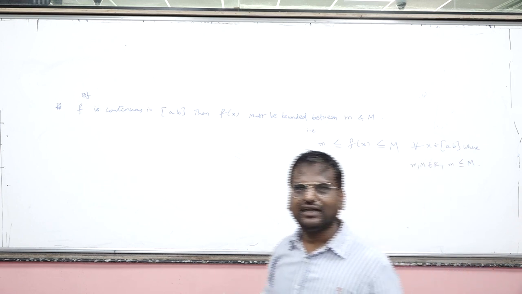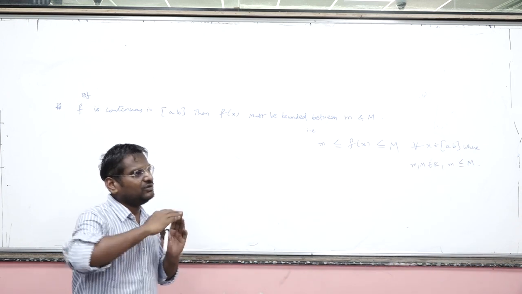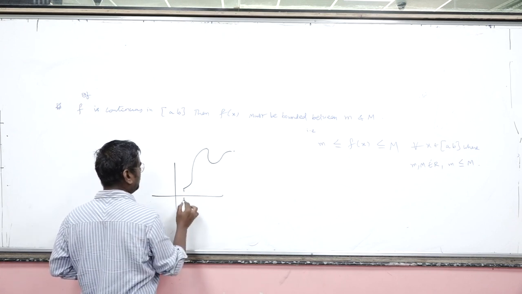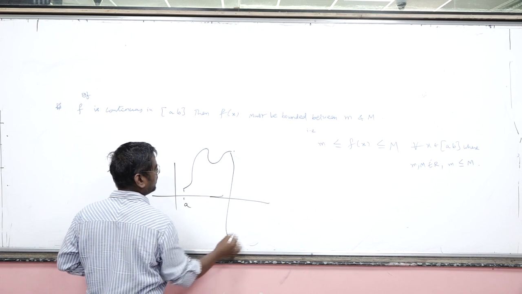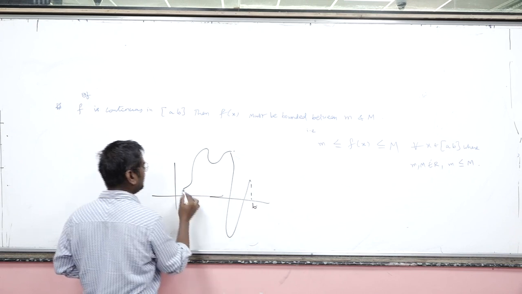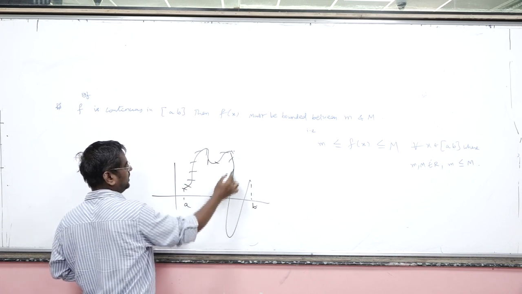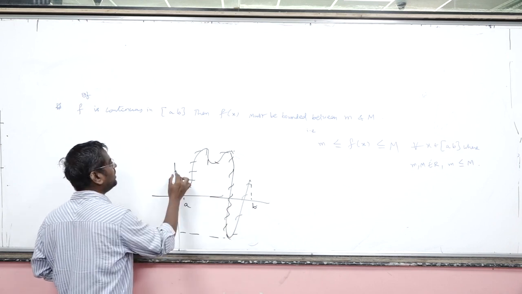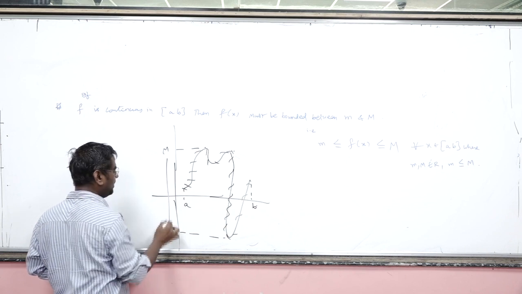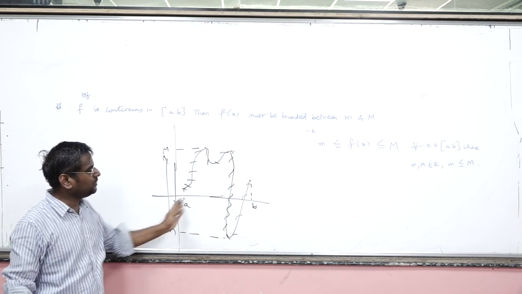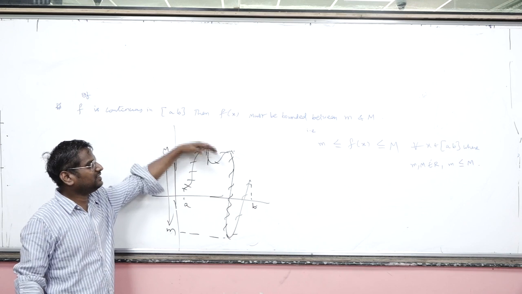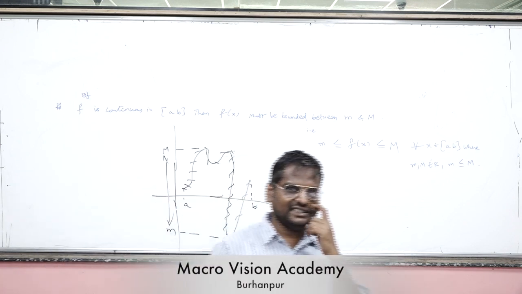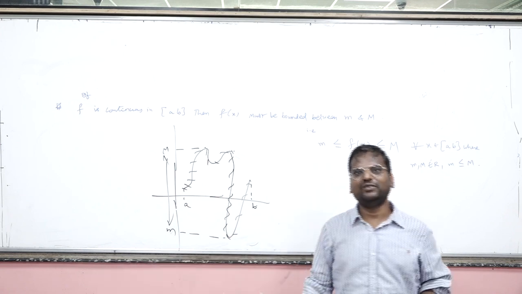तो इसका मतलब क्या है? एक इंटरवल में अगर कोई फंक्शन कंटिन्यूअस है तो ये मान लो a, ये मान लो b, तो यहां से लेके यहां तक आप देख सकते हो कि इसका लीस्ट वैल्यू इधर मिलेगा और इसका ग्रेटेस्ट वैल्यू इधर मिलेगा, और ये ग्राफ जो है a to b के बीच में इससे ऊपर नहीं है और इसके नीचे नहीं है. So continuity guarantees the boundedness.